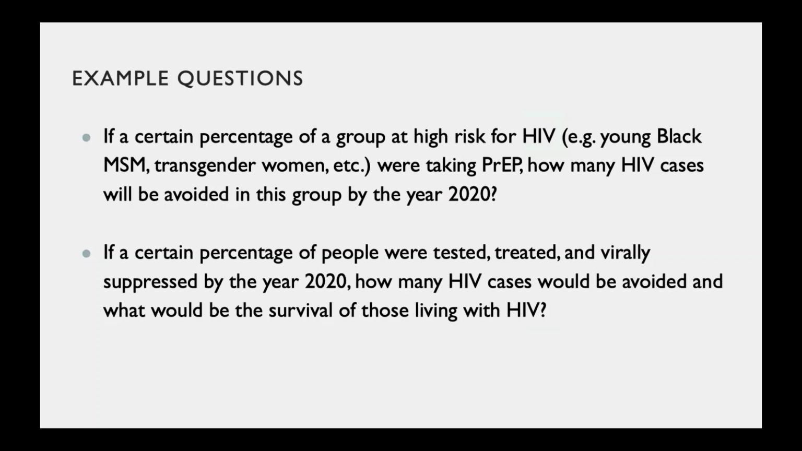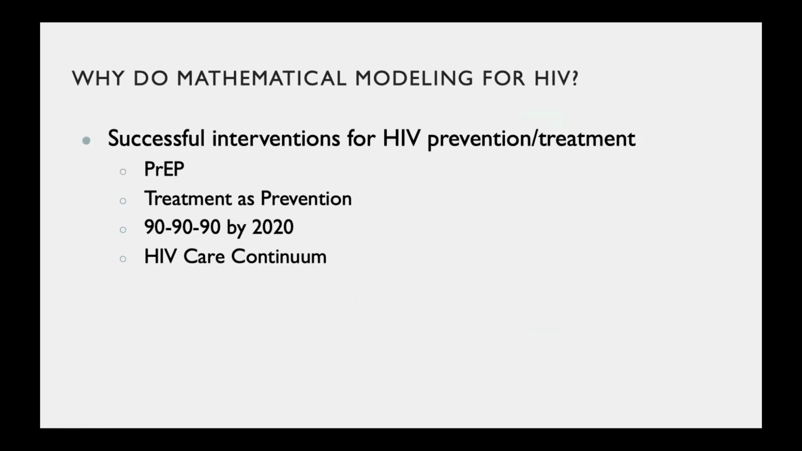That I just talked about, we're really thinking about, what are these interventions going to do for the populations that we're interested in, and depending on what goals that we have for that population. So I already mentioned PrEP and a little bit about treatment as prevention. And so it would take for, or how many cases could be avoided